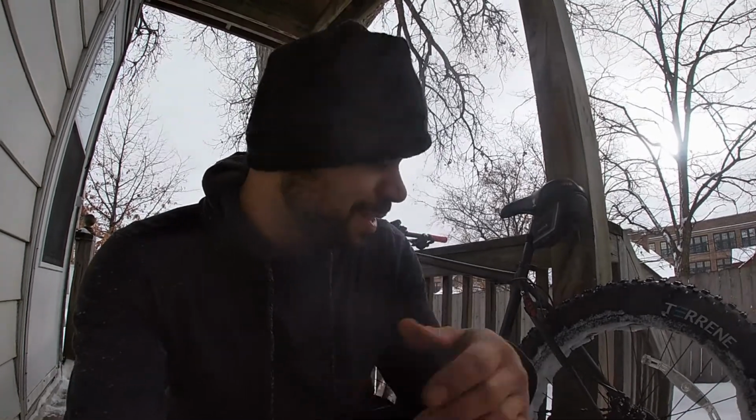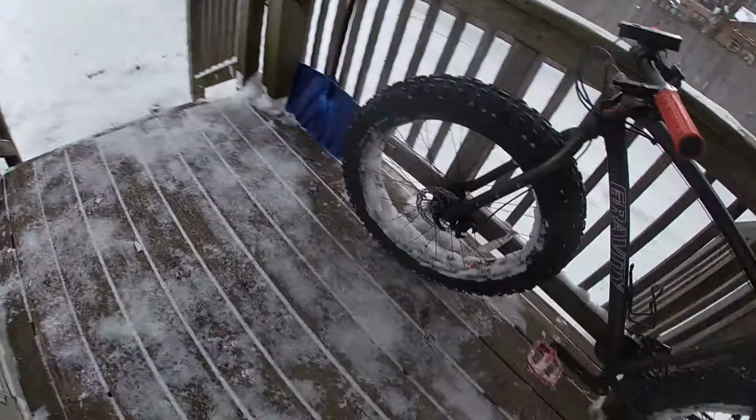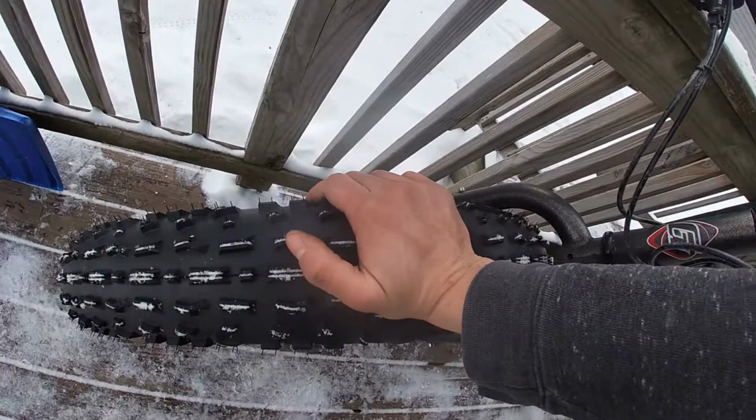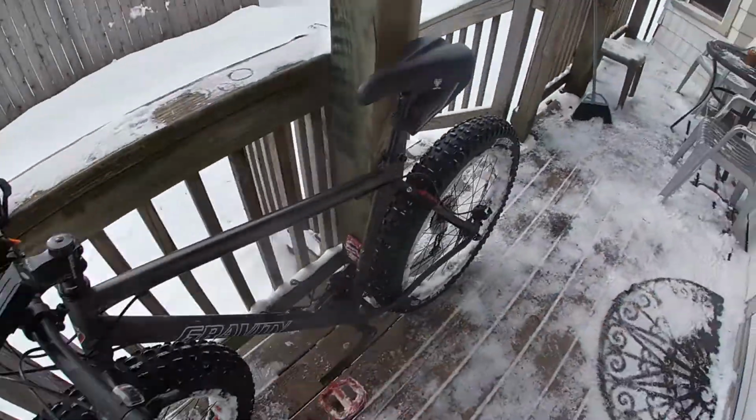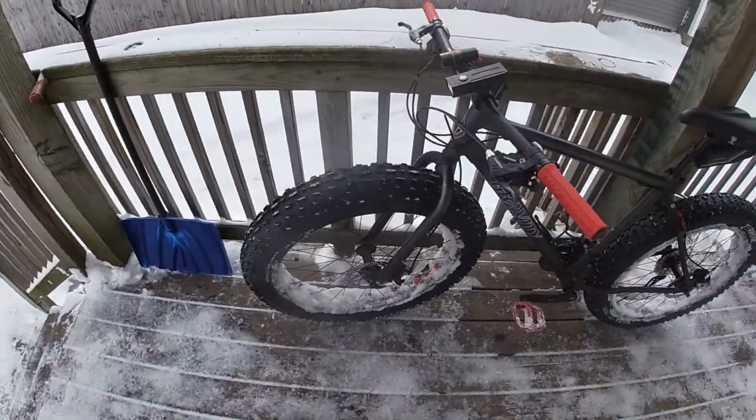All right, so overall, I'm pretty excited about these tires. It'll be interesting to see how they perform on today's ride, but as far as riding through super deep snow, that was probably to like about here on the bike. For these fresh tires, they seem to be doing a great job. I'm sure once they're worn in, they'll do even better. The front tire was really soft, but the rear one, not quite the same softness. Still got through it, so